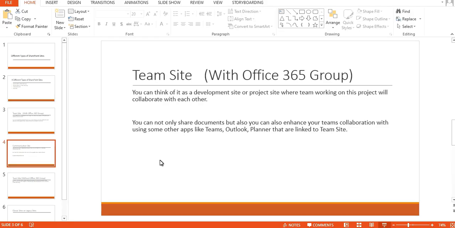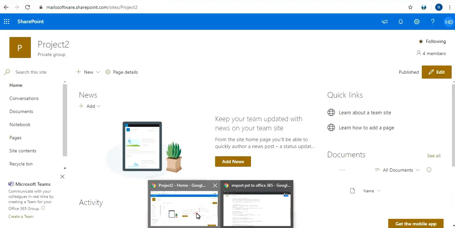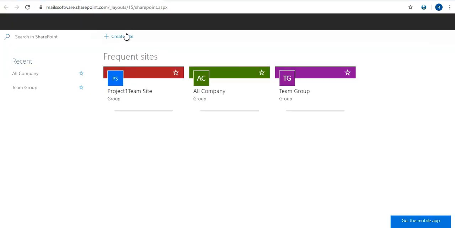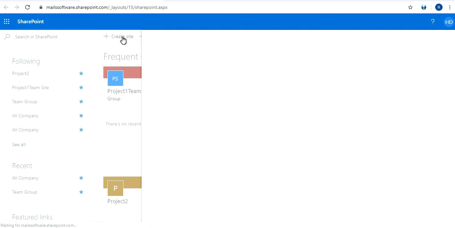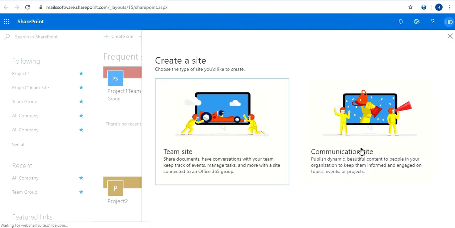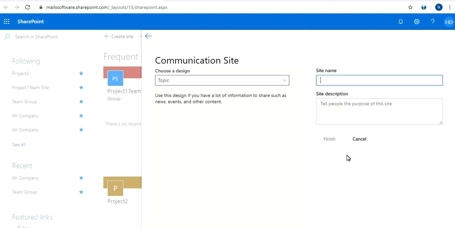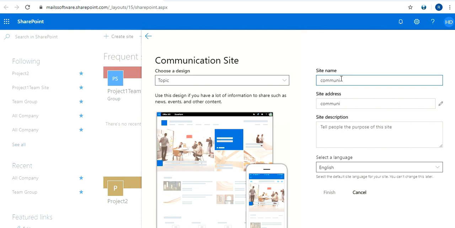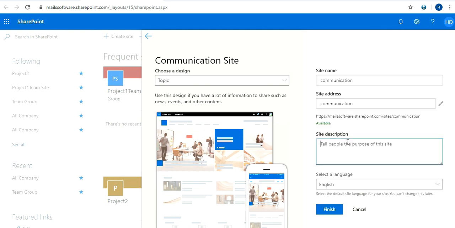To create a communication site, we just go to our SharePoint home and click on create site, and there will be an option of communication site. Just choose this option, and then you can give a name to it. I am entering communication, and you can enter a site description.